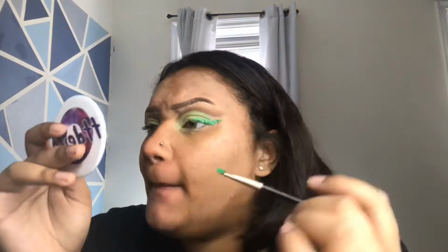Now, is this perfect? No, but I tried. I think I'm gonna blend the brown down a little, even though it's supposed to be a cut crease. I just don't know how I feel about this being open right here, but